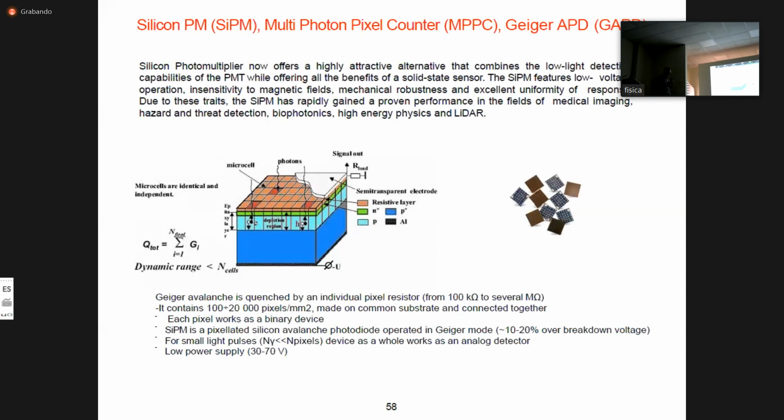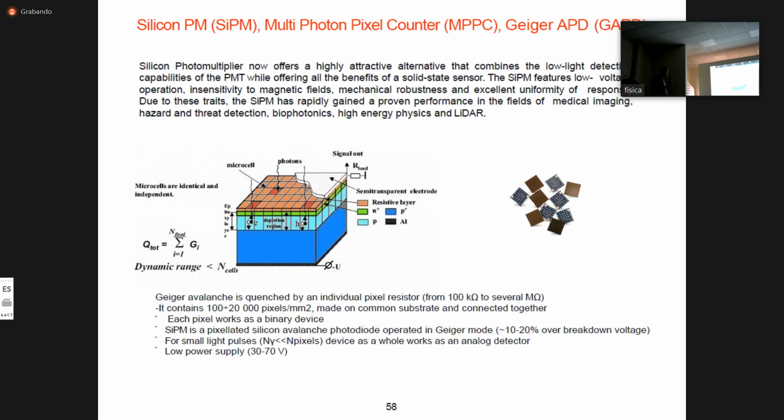But as you remember from my previous lecture, when you operate a detector in Geiger mode, you lose all information about the energy. The number of created electrons is not proportional to the number of initial electrons. Here, the number of initial electrons is proportional to the number of photons, and you lose this dependence. And in order to get rid of this problem,